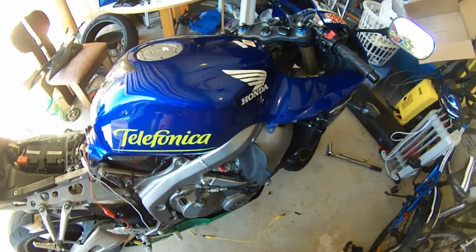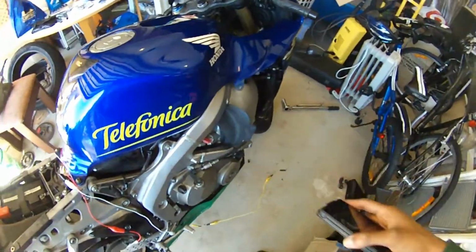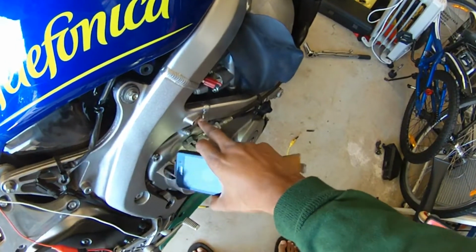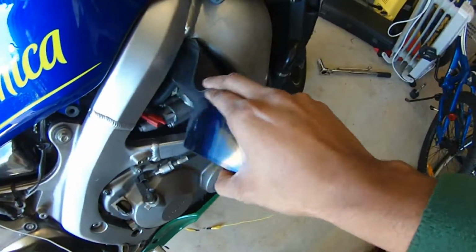But then in the end I discovered all you have to do is just remove this main fairing over here, the right hand side front main fairing, and remove the toolbox, which is attached here. It's just attached by a single bolt. I think it's a 12mm or a 10mm, whatever it is. Just remove that, remove the toolbox, get it out of the way, and then you come to this waterproof plastic